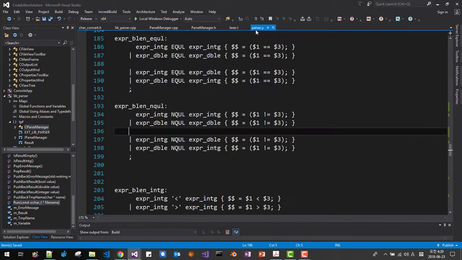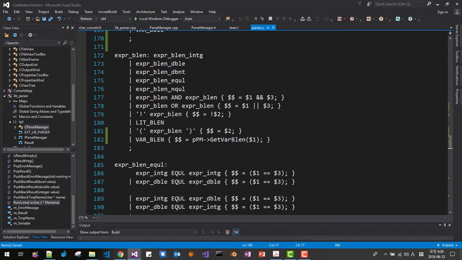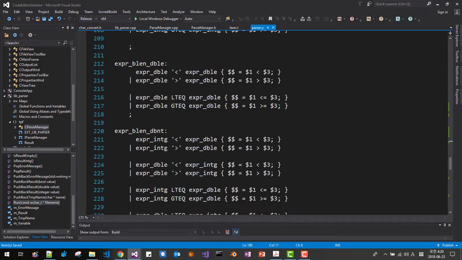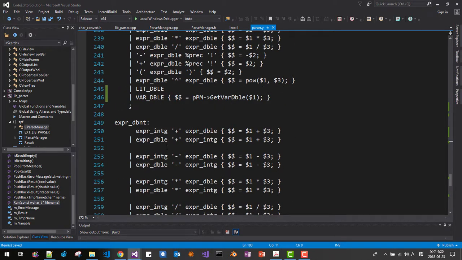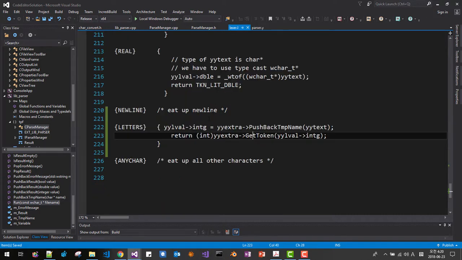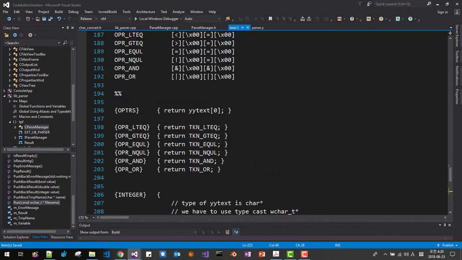In our previous video, we defined the literal boolean, but we haven't assigned it yet. We have to handle this. In the case of literal integer, it will be handled, but we need to assign literal boolean. To do that,